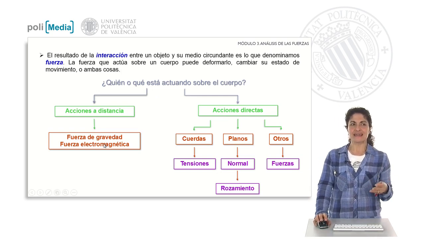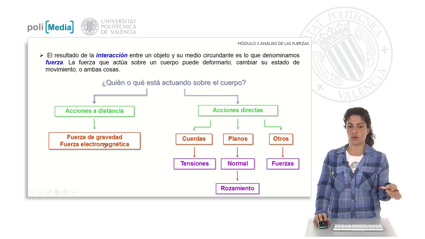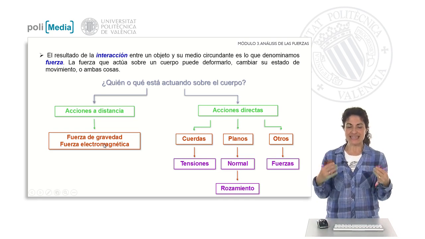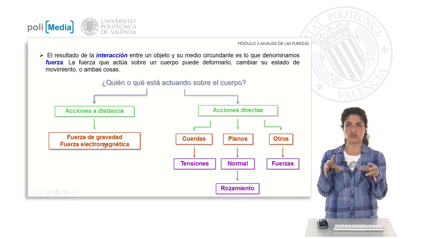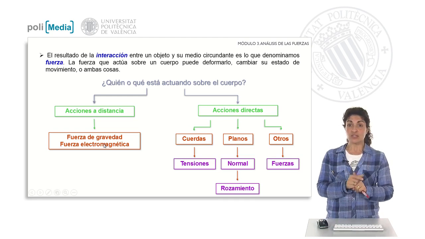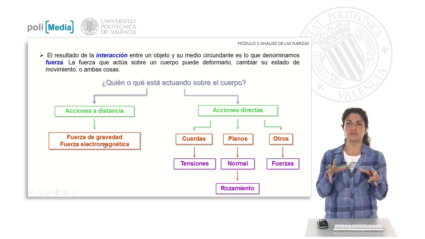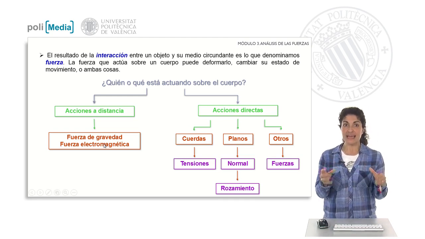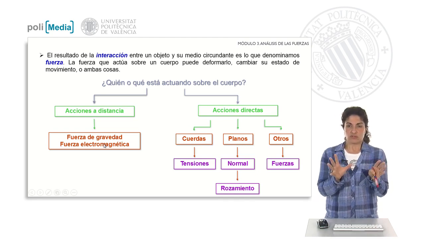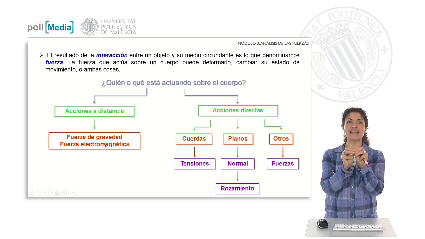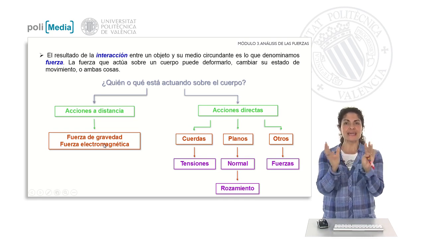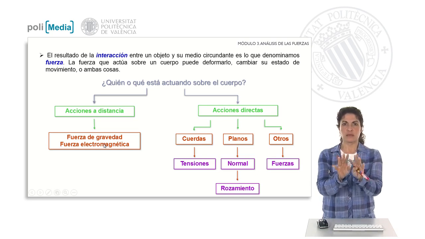the first thing we have to do to try to understand why a body is in a certain state of rest or is changing its state of motion is to see the causes, the interactions that the environment is performing on it. These interactions, we are going to represent by a mathematical concept we can call the concept of force. And the first thing we have to ask ourselves is, let's see, this is our object of study, we focus our attention on it, and who is causing interactions on it? When it comes to asking who,